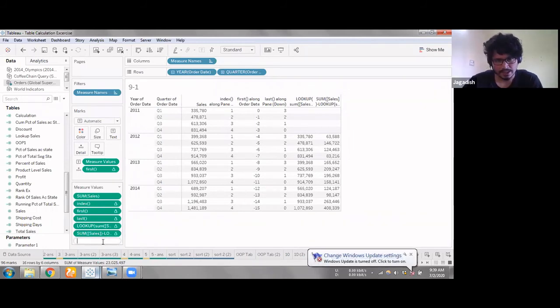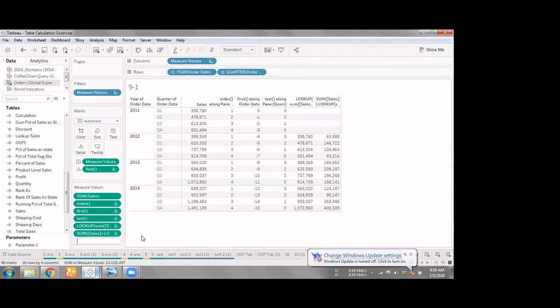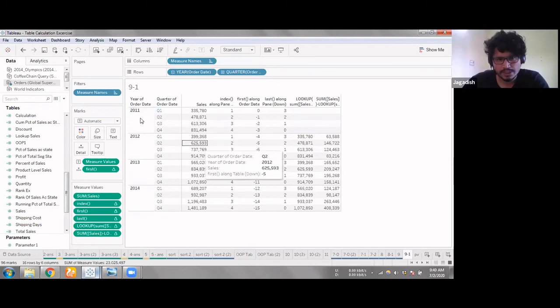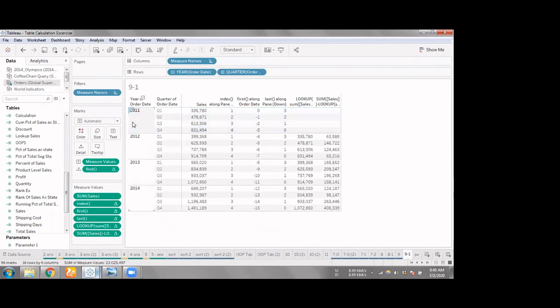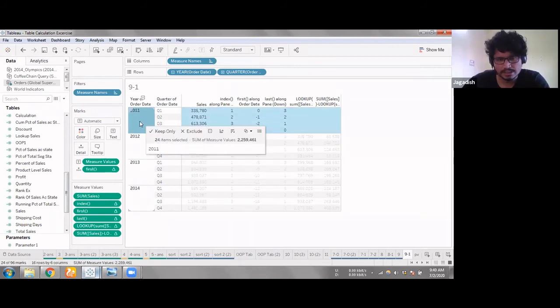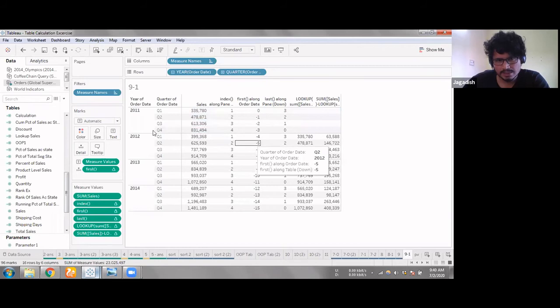Any questions? Jagadish, if we filter out 2011 from this visualization, will it still have those sum of sales values in 2012 as well? You mean when you filter this particular thing, will you get values here? Yes. When you filter out this particular thing, you are essentially saying that this data is not there in the database. So it just duplicates the scenario. It gives null here and it continues by pulling 2012 values here.